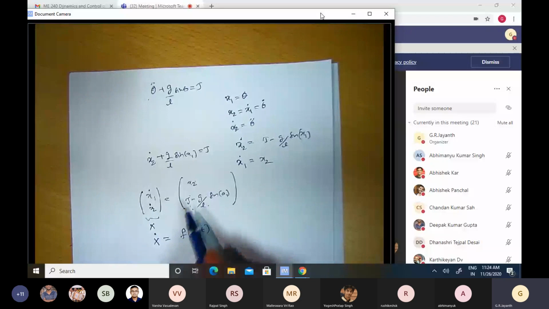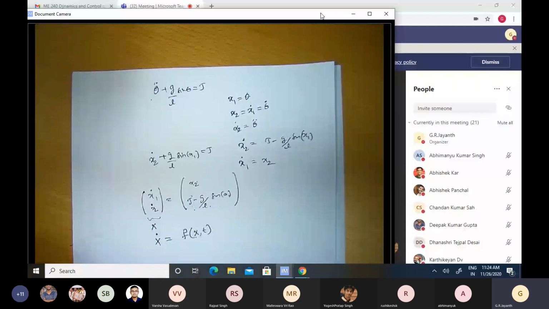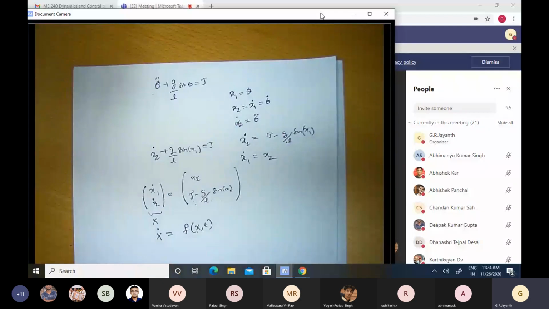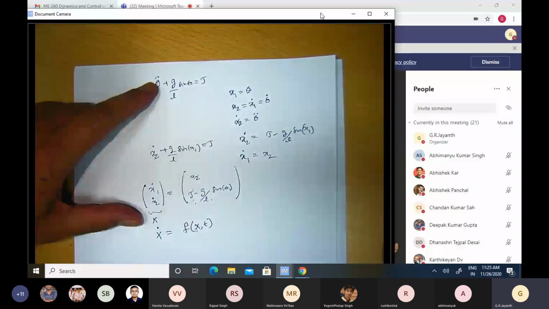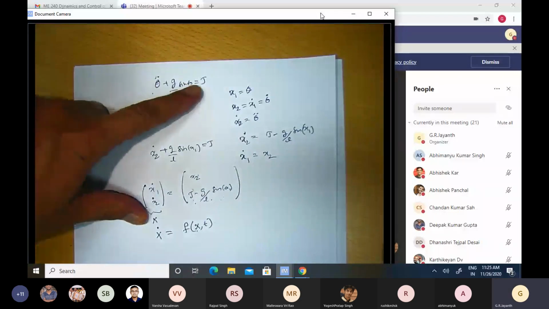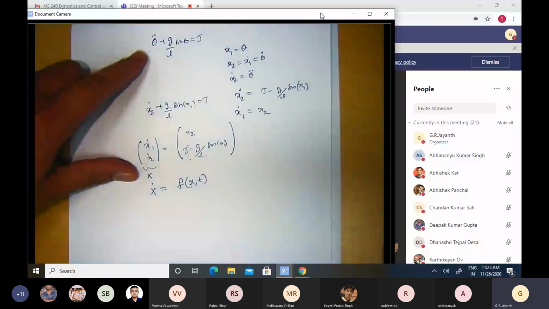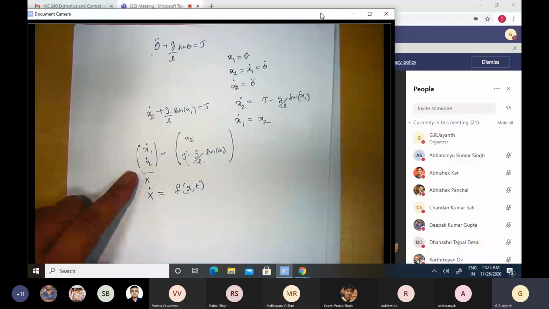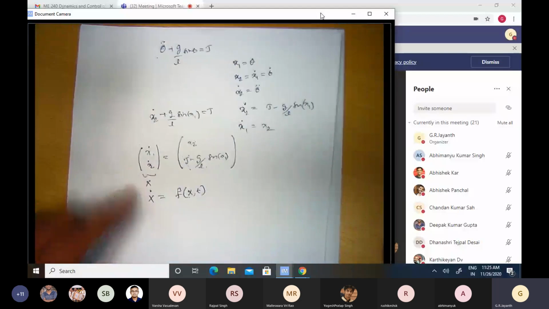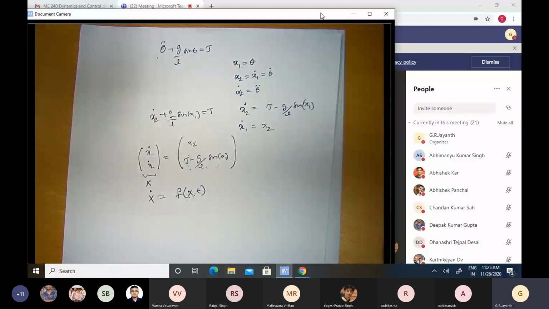And then there is a function of x1 also. There's no function of x2 in the second row. There's no function of x1 in the first row. But that's okay. The definition of f is general enough to admit this kind of structure. So you see, therefore, that for this simple case of a scalar differential equation, where theta is a scalar quantity, I could convert the second order differential equation to a first order vector differential equation, right? Now, can I do the same thing for my original vector differential equation?